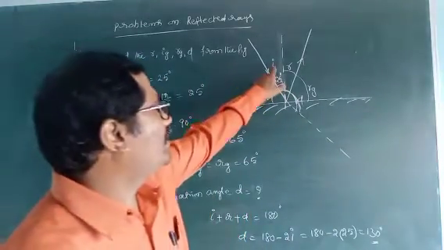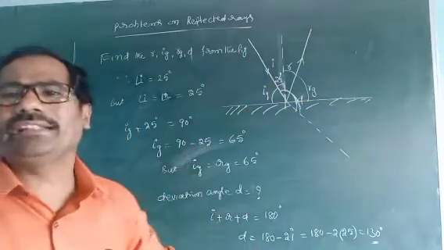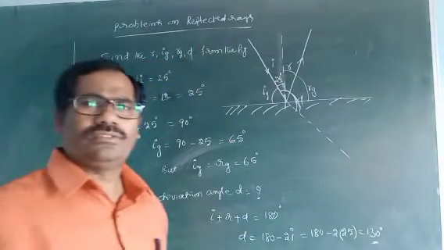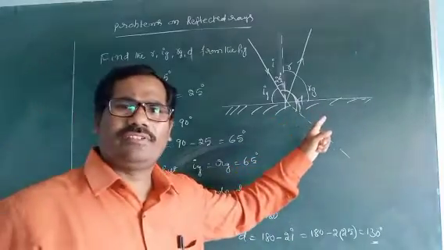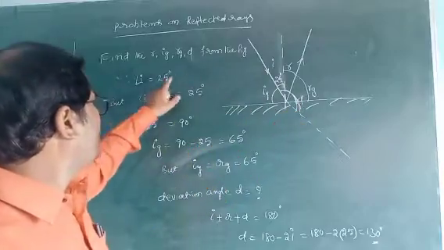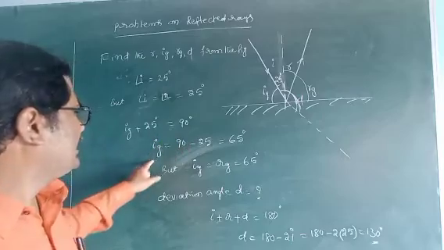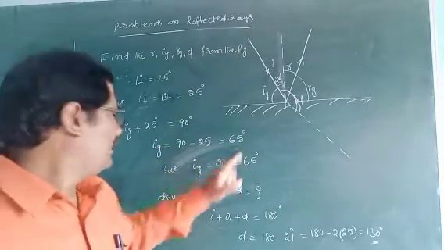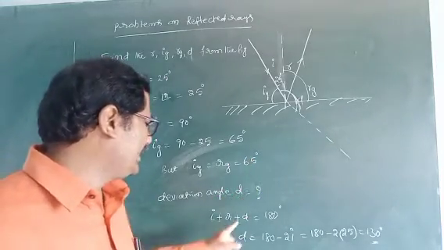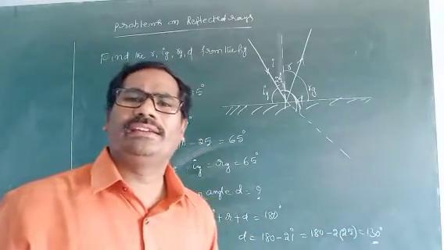That means to find out, incident angle I is equal to 25 degrees. The remaining angles to calculate are R, IZ, RZ and D also. From the first law of reflection, I is equal to R, that is 25 degrees. IZ plus 25 equals 90 degrees, so IZ is equal to 65. IZ is equal to RZ, so that is also 65. Deviation angle: I plus R plus D is equal to 180, that means D equals 130 degrees. Okay.